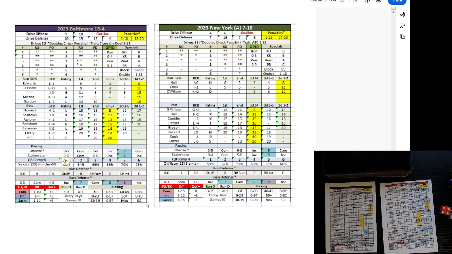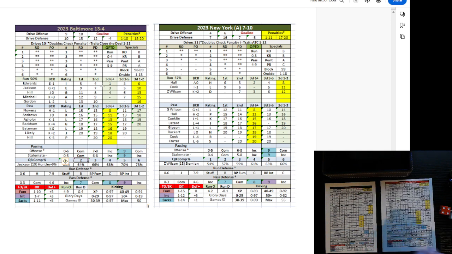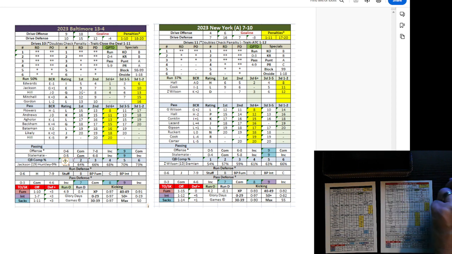All right, finishing a drive inside the 10 quick play. We talked about it, but let's do an example. Baltimore gets down to the Jets' 8-yard line, and they stall there. So to get rid of the overabundance of field goals kicked, snapped from inside the 10,